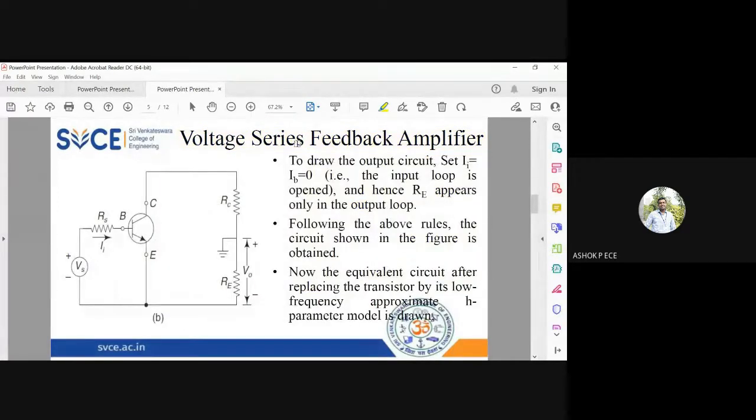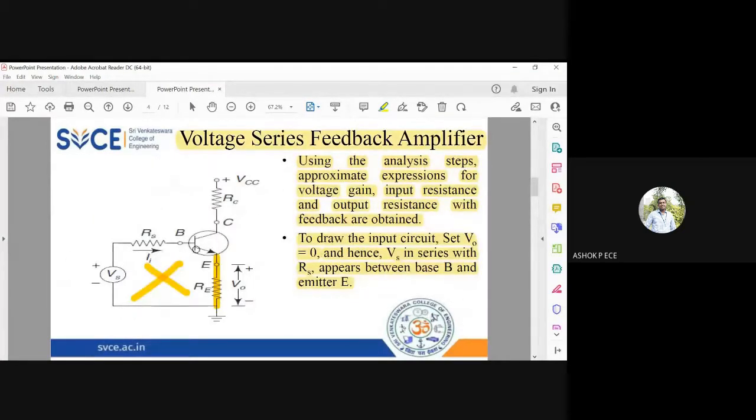To see whether RE will appear at the output side, you have to make the input current as 0. So make IB equal to 0. If the input current is 0, only the collector current flowing from V will flow through RE. So RE will come at the output side. So input side no RE, output side I will have